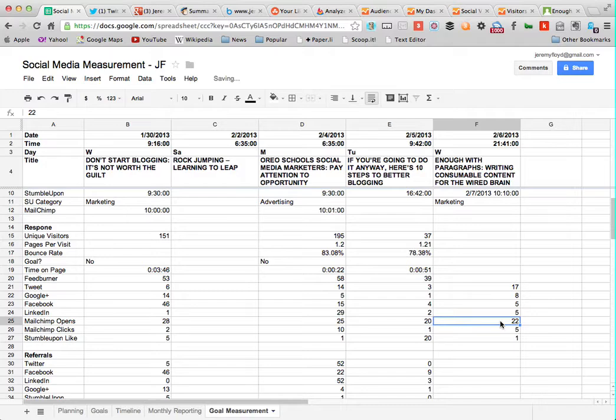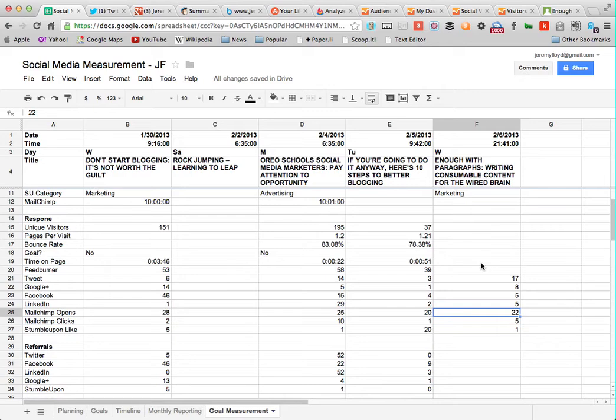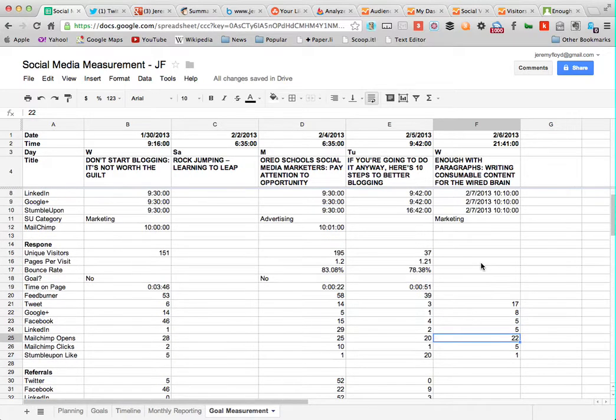You can also enter this as a percentage. For me, I'm really more interested in overall numbers than percentages, so I'm just going to enter a hard number there. Now I'm going to go into Google